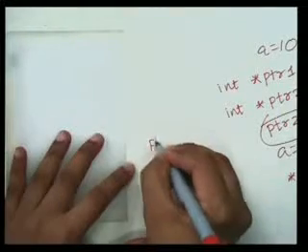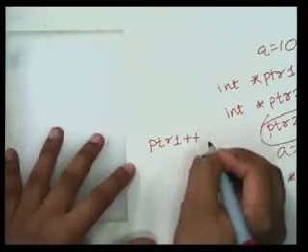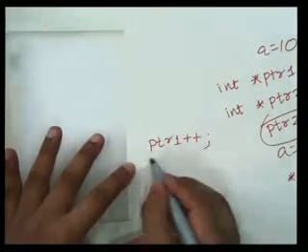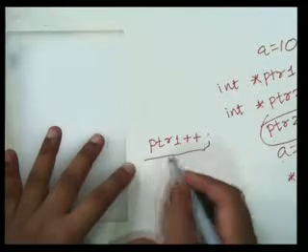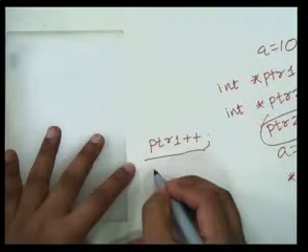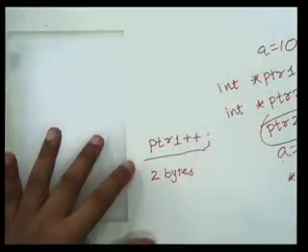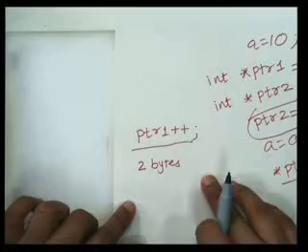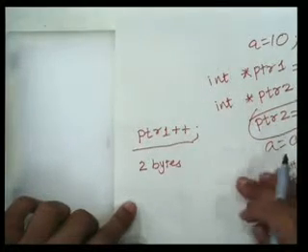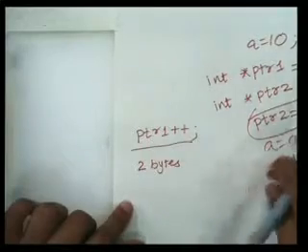If I have ptr1, I can perform an increment operation. Now what happens here? When I do this operation, if it is an integer, it is pointing to an integer location, so it will be incremented by 2 bytes. These things we have to understand. If it is a decrement operation, it will be decremented as per the data type to which it is pointing. The scale factor is what we always consider. I hope this is clear.